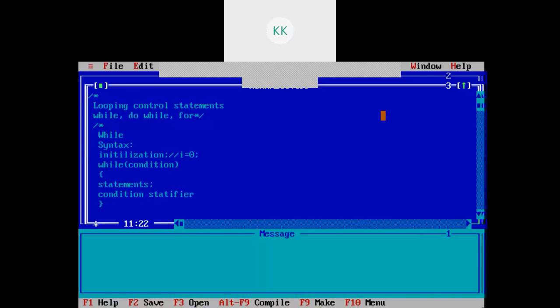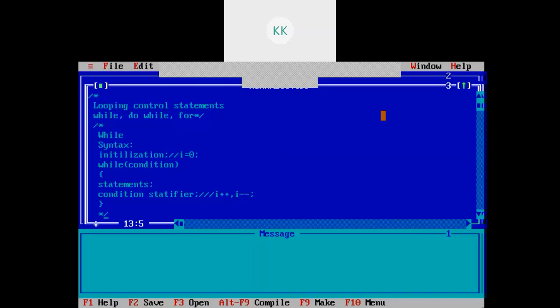Usually, they are statements written in the form of increment, for example I plus plus, or I minus minus in the form of decrement. These statements cause the condition to become false in order to stop execution of the while.